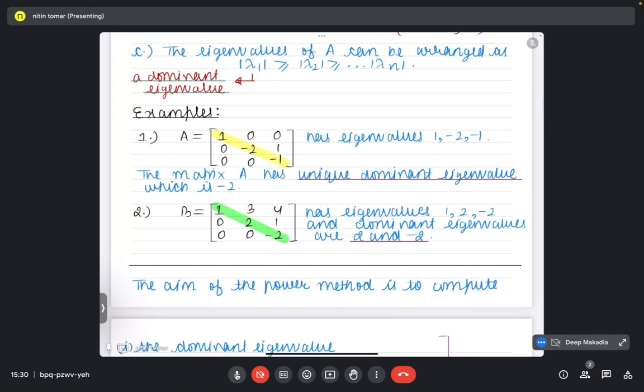Second, if you take B to be 1, 2, minus 2, 3, 4, 1,